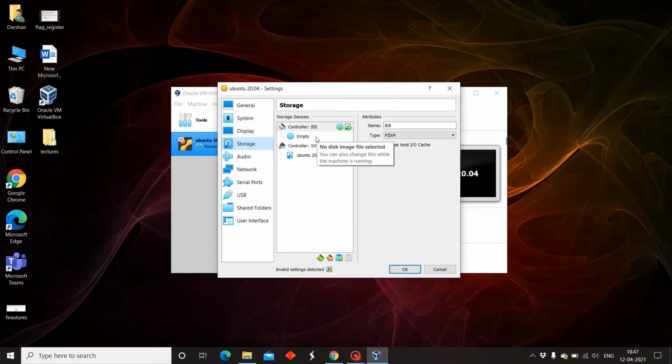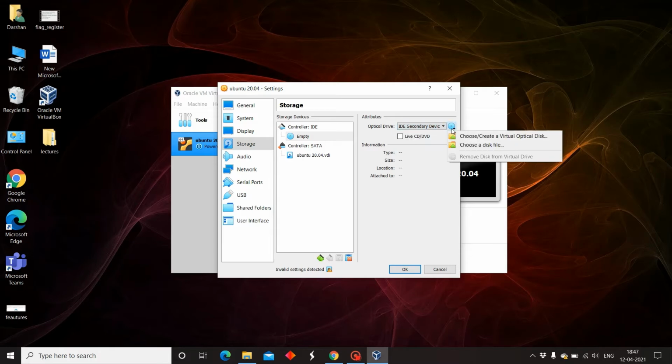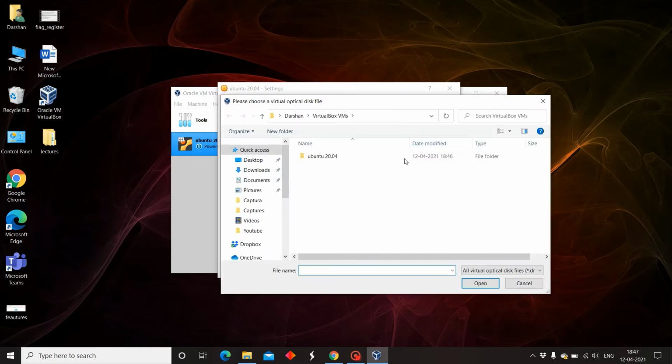In storage, click on empty. Then click on empty again. Then here choose a disk file. Click on choose a disk file. Now you need to find where you have downloaded the Ubuntu ISO file.